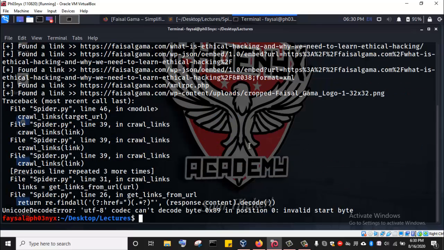Okay, so we have a Unicode decode error: UTF-8 cannot decode byte in position, invalid. So now let's see how we can deal with this error, how we can correct this error. We are having a Unicode decode error because some of the links, some